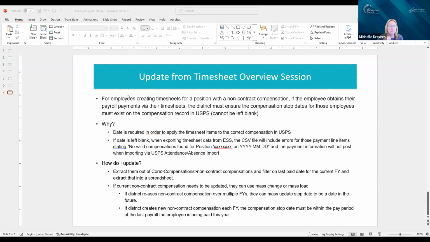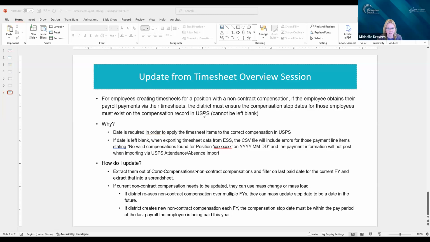If you have employees that have a position with a non-contract compensation, if that employee obtains their payroll payments via their timesheet, then the district must ensure that the compensation stop date for those employees exists on their compensation